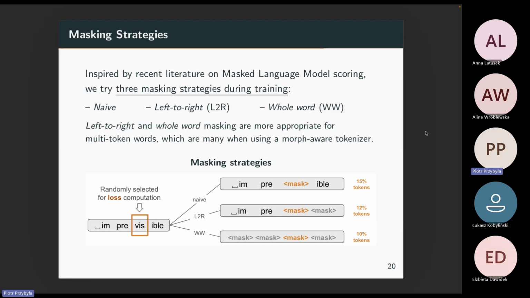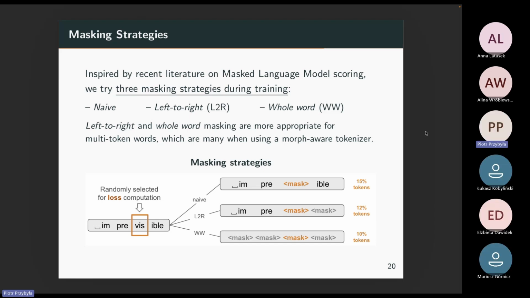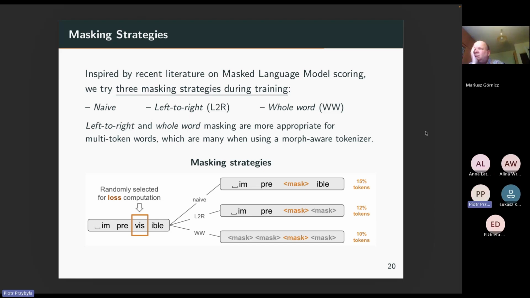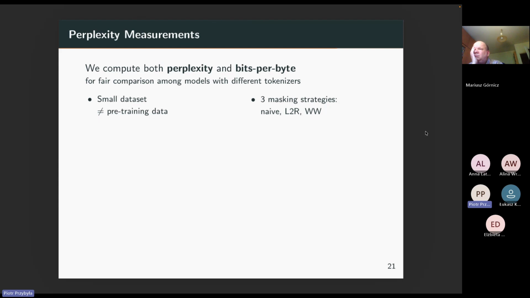That's why we experimented with masking a bit. So the other things that people did in the past was extending the masking to the end of the word, right? So you also mask this part, or just mask the whole words, which also affects the percentage of the masked tokens, right? And depending on how you did that, you get different models. And I'll show you the results. I'll let them speak for themselves. Okay, so